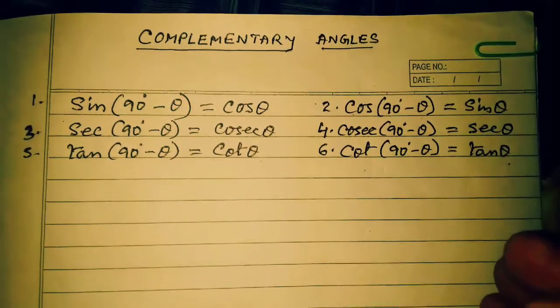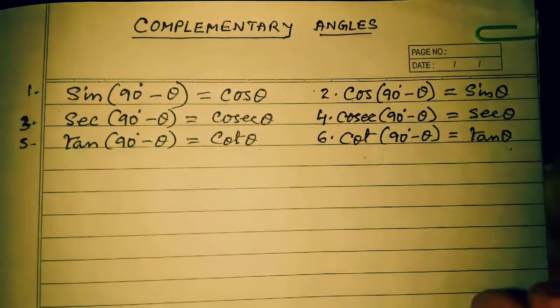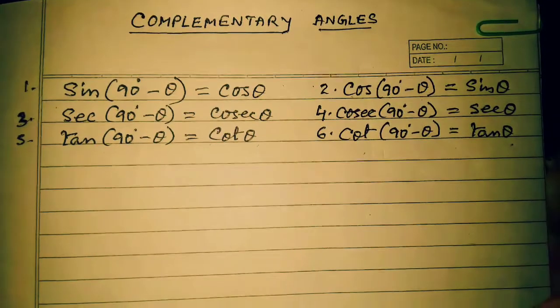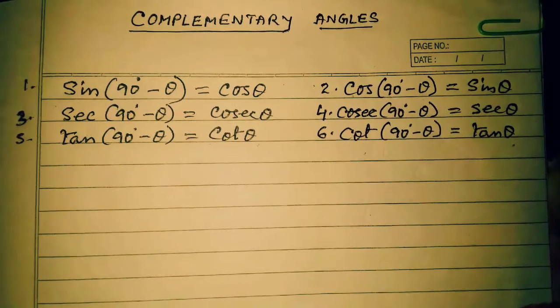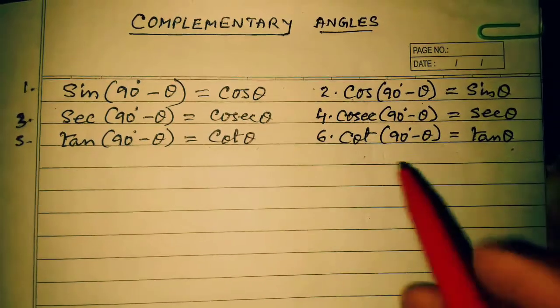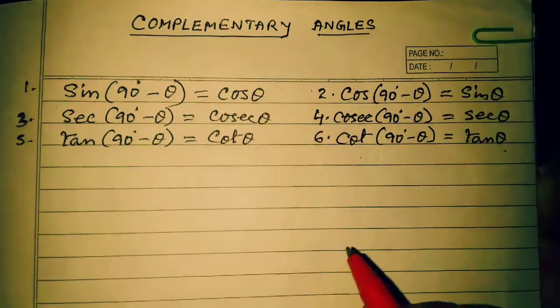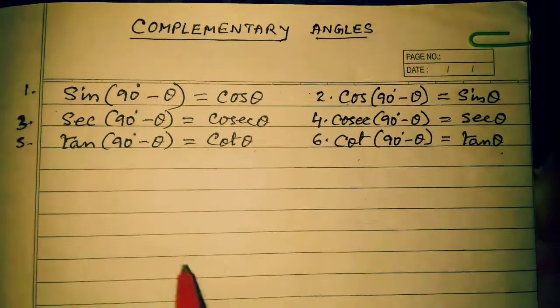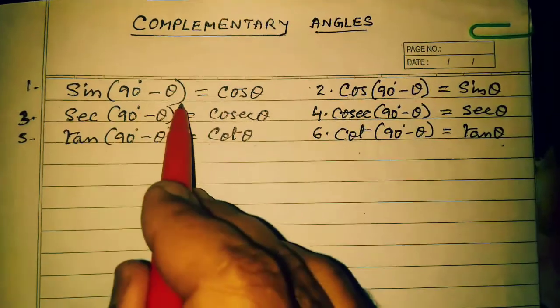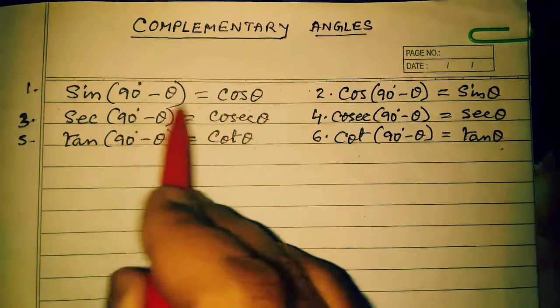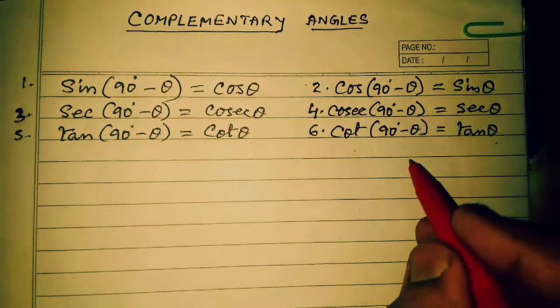I'll also show in this video how to solve numericals, or proving-based questions, based on the complementary angle. So let's start over here with how to find the formula. We'll prove that sin(90 minus theta) equals cos theta. Suppose we take a right angle triangle,